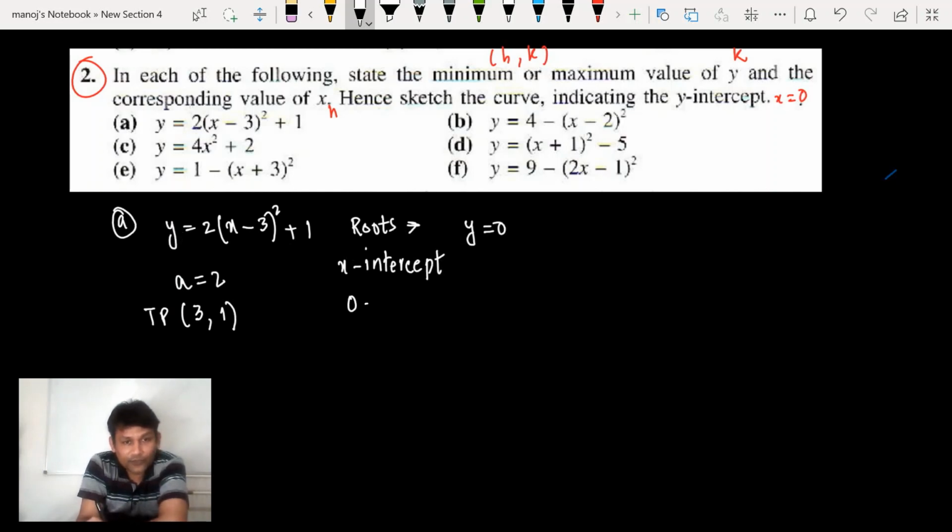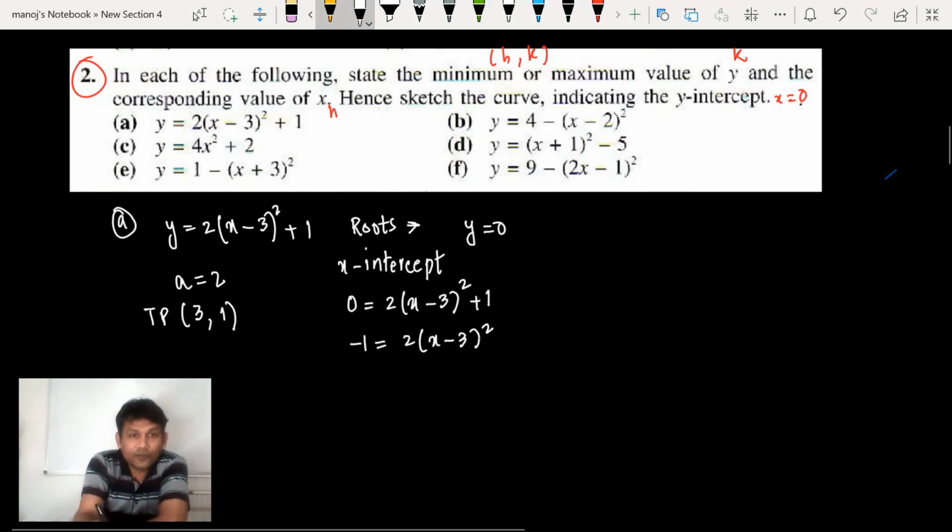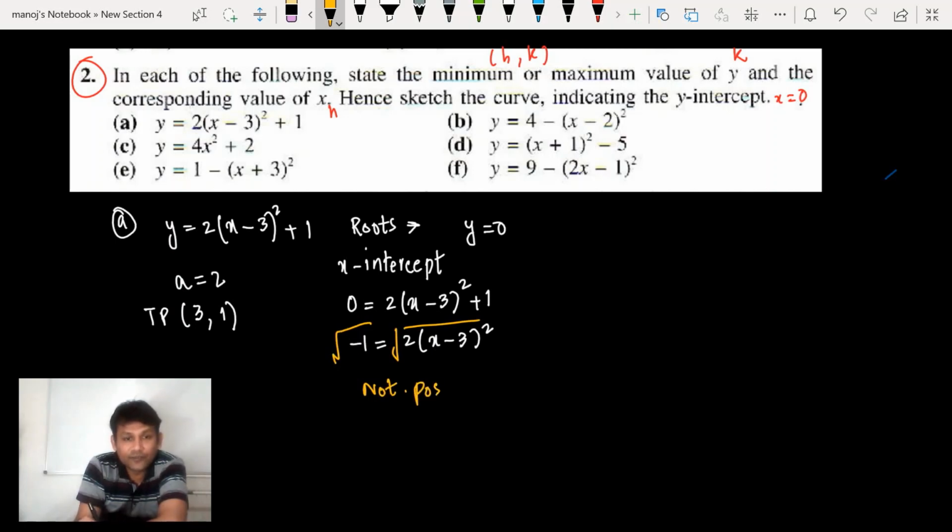0 equals 2(x minus 3) whole square plus 1. This one shifted to the left hand side, minus 1. 2(x minus 3) whole square equals minus 1, and when I find the root, I make the square root on both sides, after dividing by 2, this is not possible because a negative root is not possible. So it means